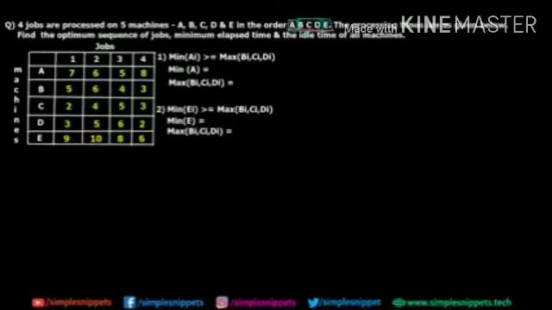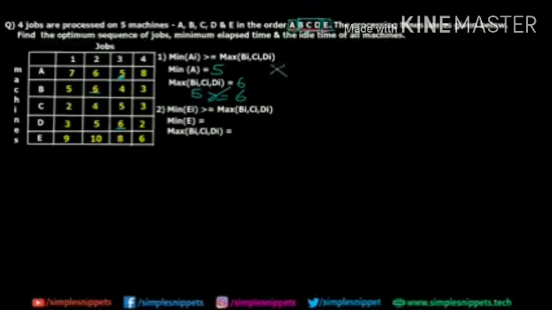So we are taking the first machine, and the minimum value of Ai, which means we have to select the minimum of these 4 values, and we know the minimum over here is 5. So I'm just going to write 5 over here, and then we have to search for the maximum of these machine values, Bi, Ci and Di. We have the maximum as 6. You can see we have 6 over here, 6 over here, we don't have 7. So from B, C and D, 6 is the highest. So I'm going to write 6. Now you can see that the first condition is not satisfied because 5 is not greater than or equal to 6, right? So the first condition is false.